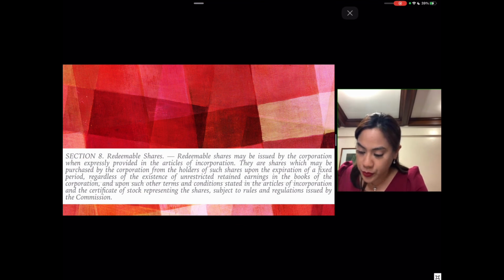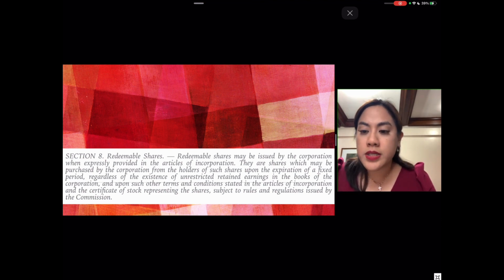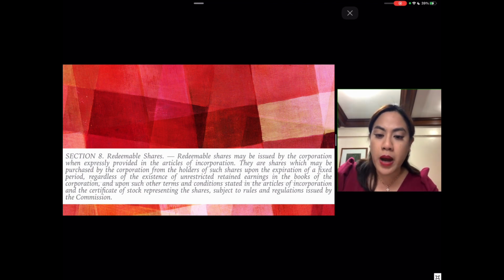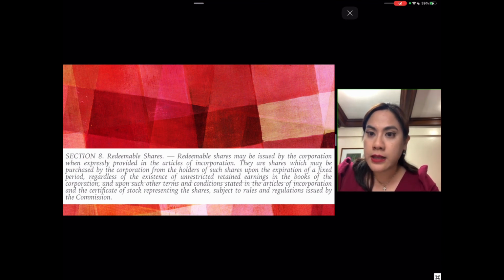Now, you have to be careful because these redeemable shares are actually different from the redemption covered by Section 40 of the RCC. Although we will discuss this later, Section 40 is entitled Power to Acquire Own Shares. Why is it different from Section 8? Section 8 states that redeemable shares may be redeemed regardless of the existence of unrestricted retained earnings. On the other hand, Section 40 states that there must be unrestricted retained earnings to cover the shares to be